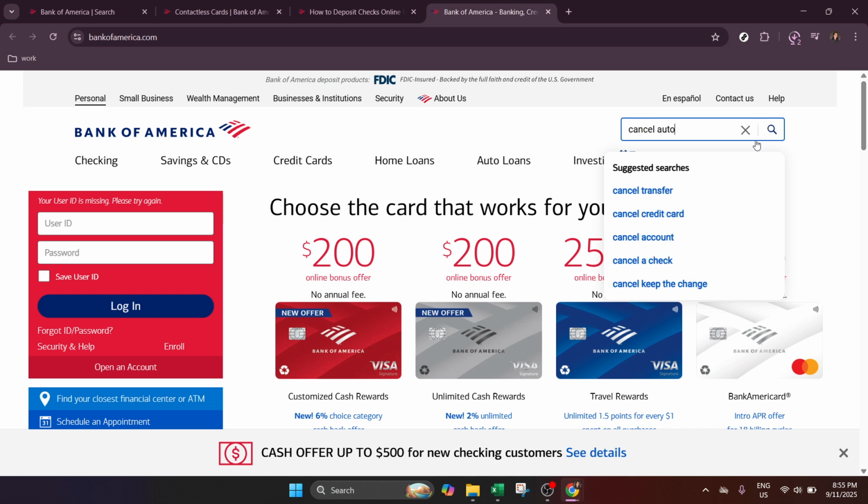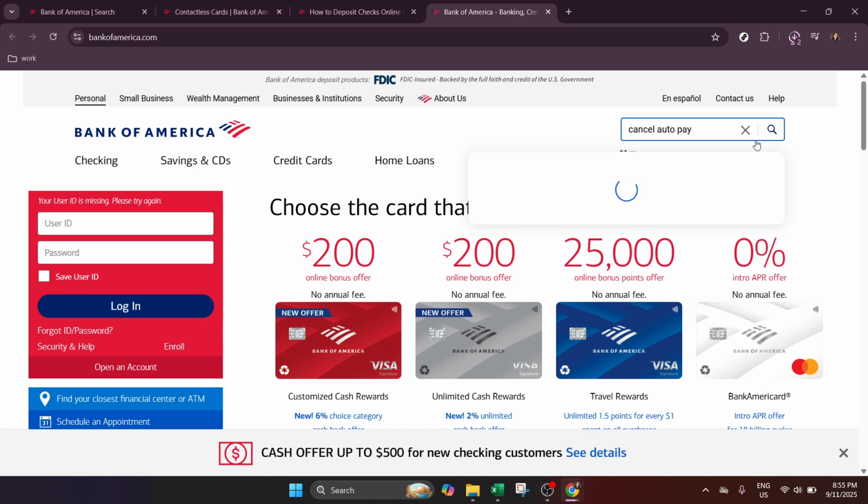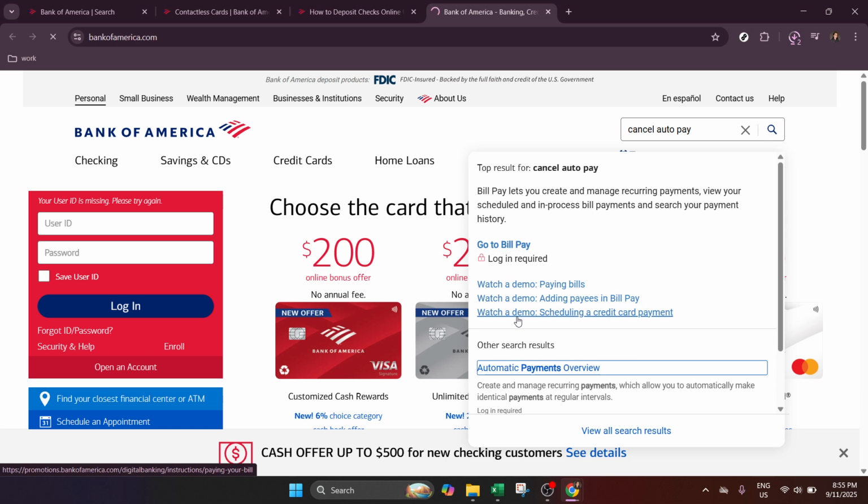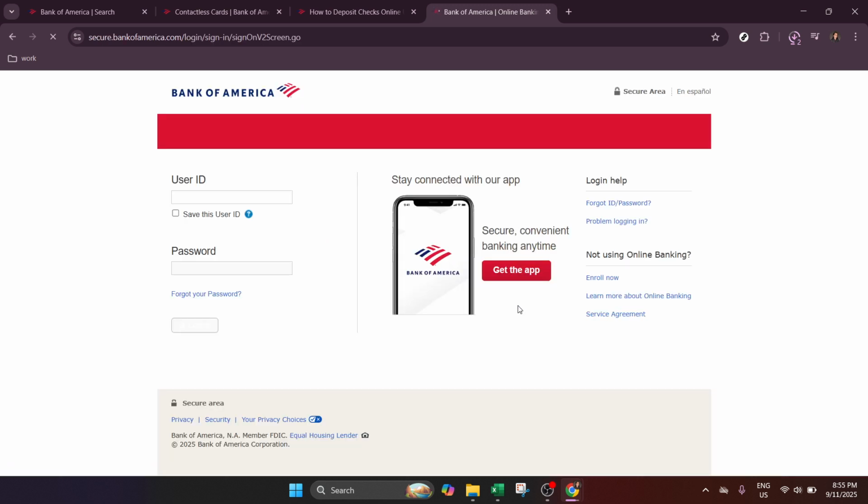In some scenarios, you might find that handling cancellations online isn't an option. Should you encounter any hitches or feel unsure at any point, reaching out to the Bank of America customer service can be your best ally. Their team can offer support and guide you through any specific issues or questions that arise, ensuring you have everything